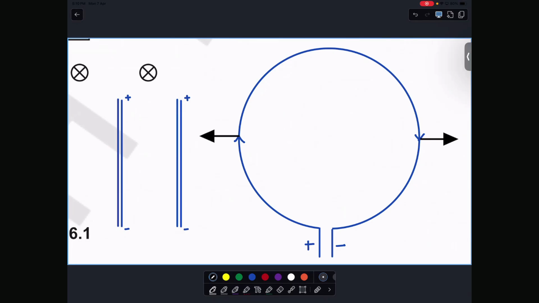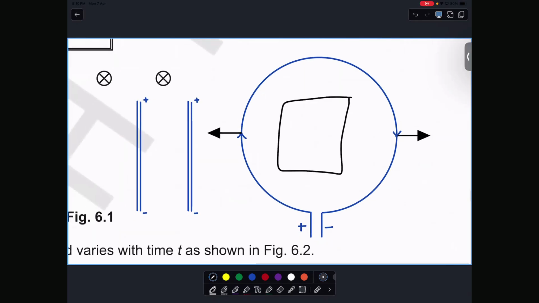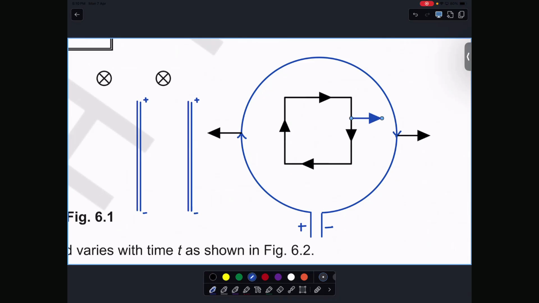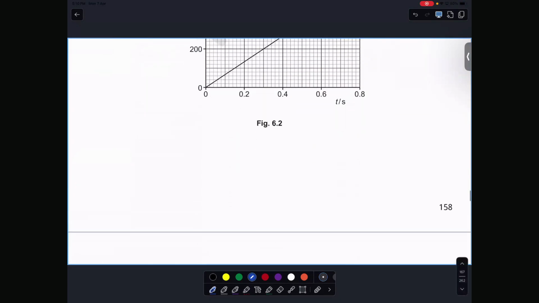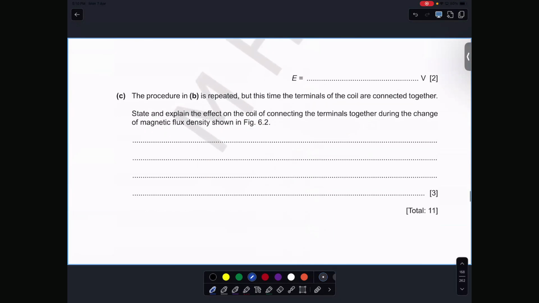Do you get my point now? এটা যদি rectangular একটা কয়েল হয় তাহলে আরো ইজি হয়, because কারেন্টটা এদিকে কারেন্টটা কোন দিকে? উল্টা দিকে। উপরে কারেন্টটা এদিকে আর নিচেরটা এদিকে, so all sides will be experiencing force, which way? Outwards. এটা outwards, এটা outwards, এটা outwards, এটা outwards. I'm not sure যে এই particular questionটা কি এটা চাচ্ছে নাকি, but typically একটা কয়েলের ভিতরে যে কারেন্ট ফ্লো করে, a coil is supposed to get what in size? Bigger in size, because the forces push it outwards. Okay, এখন ওরা বলছে the procedure is repeated, this time